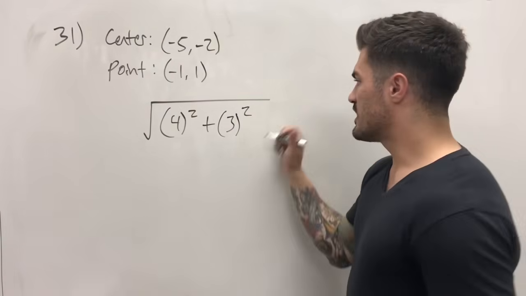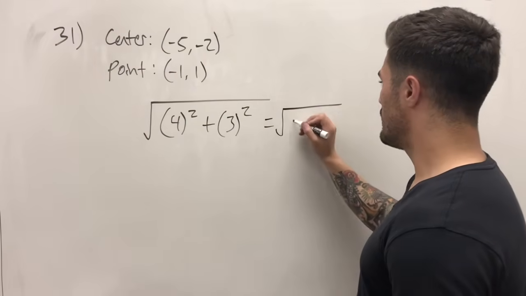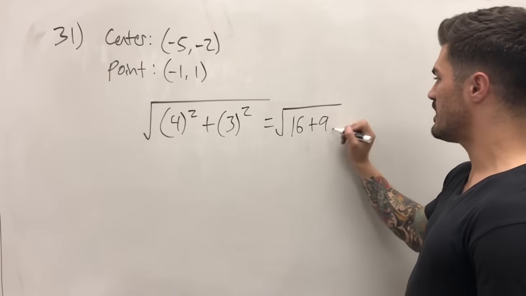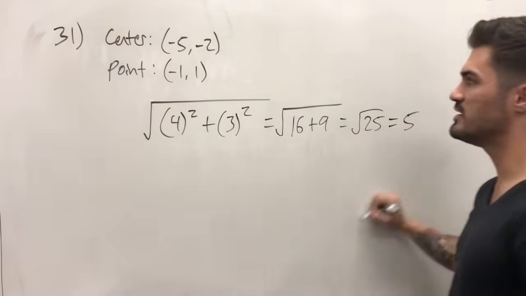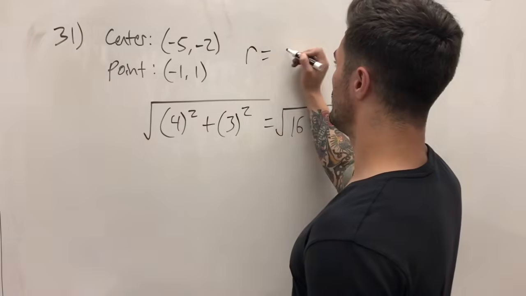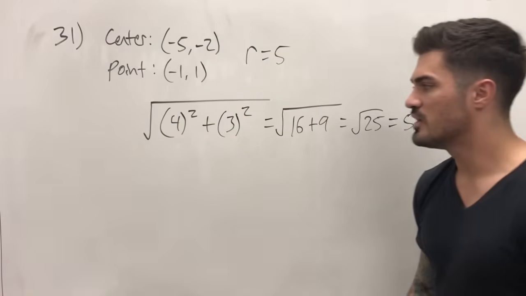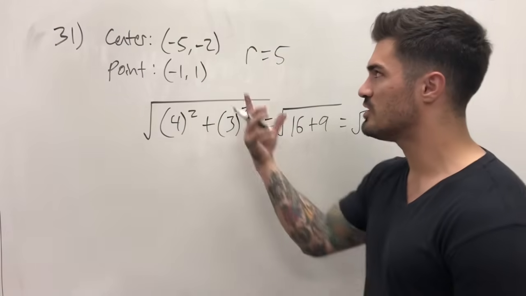So what do I get from this? I get this equals square root of 16 plus 9, which equals square root of 25. This is 5. So my radius is 5, all right? So now if I use my general formula and I go to the equation for the